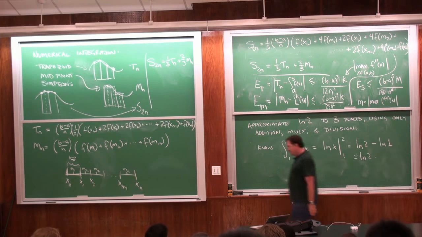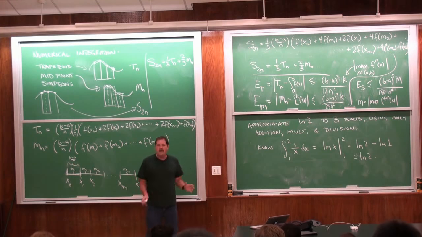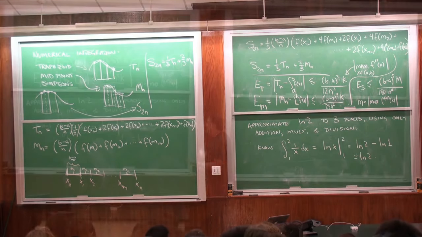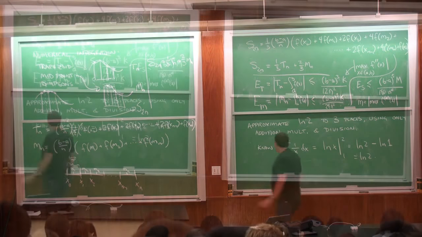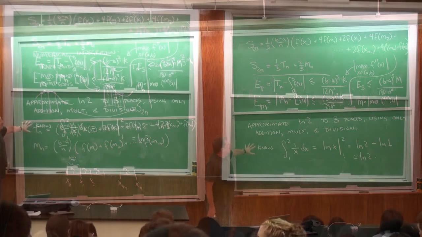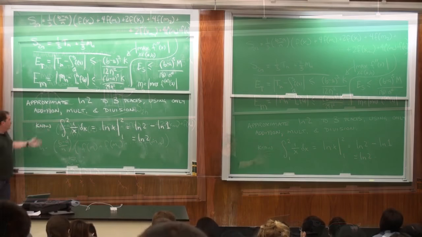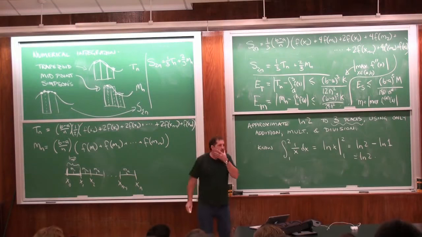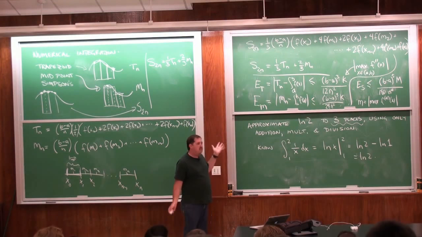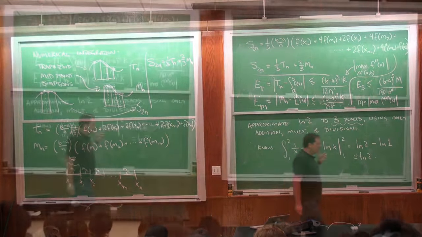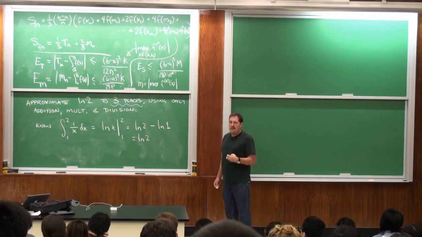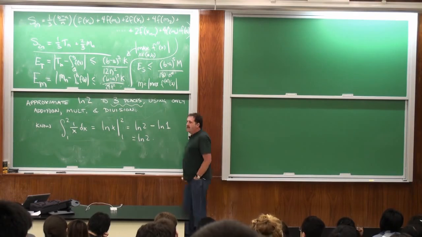Or I was thrown back in a time machine, and it's the 17th century, and we need to calculate logarithms because Isaac Newton just asked me, and what do we do? Okay, so now we can do this. Now I want it good to 3 places. So I'm going to use Simpson's rule because it's really the most efficient. I don't want to do too many multiplications and divisions. So I know Simpson's rule is going to be the least amount of work for me. So what do I do next?